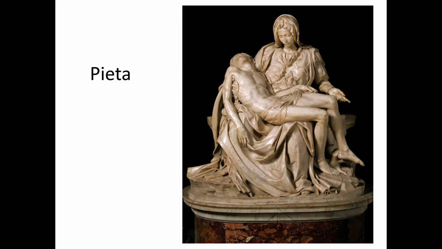And he made this and polished it up so well with his chisel and tools that this is what it looks like. So the story is that this is Mary and her son is Jesus. And he has just been killed, which is a sad story. It's a story from the Bible. And so she is sitting there and she is sad, of course, holding him. What I'd like you to pay attention to right now is how this arm looks just so soft, like you could touch it and it would be very, very soft, or how the clothes look like drapery and soft, but it's actually hard stone. It's really amazing what he did.